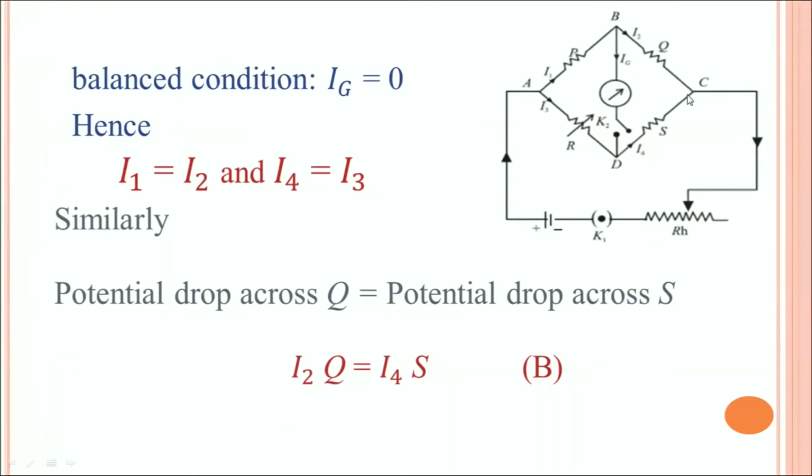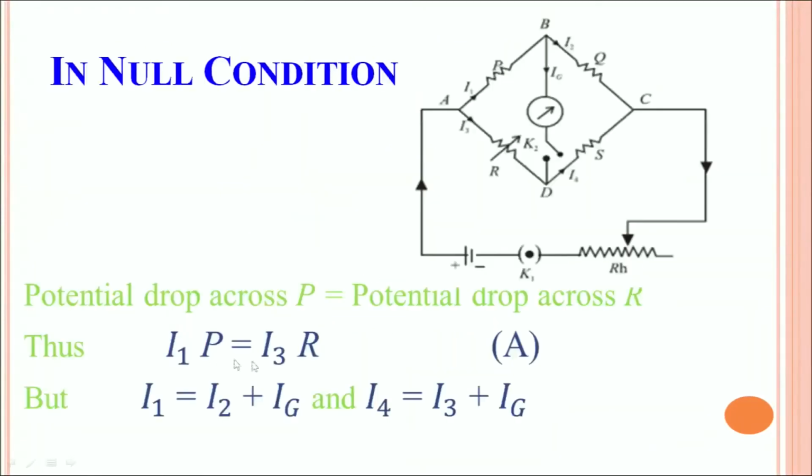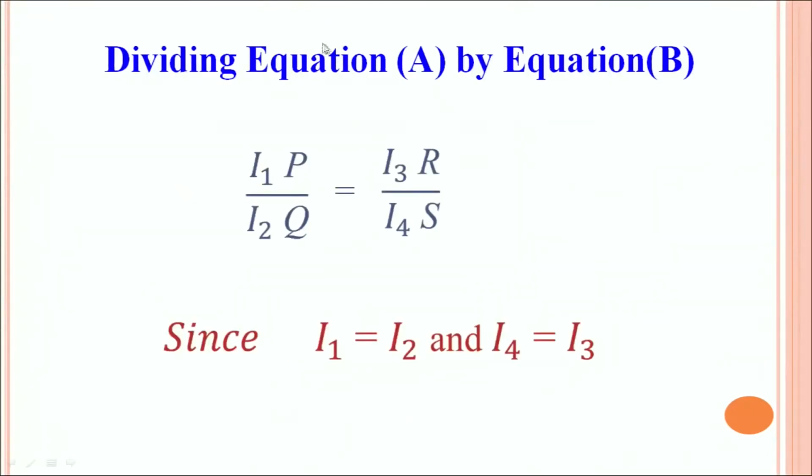So, you can say that I2 into Q will be equal to I4 into S, right. So, if you divide equation A by equation B, what was equation A? This equation I1P is equal to I3 into R. And what is equation B? I2Q is equal to I4 into S. So, when you divide equation A by equation B, you get I1P divided by I2Q is equal to I3R divided